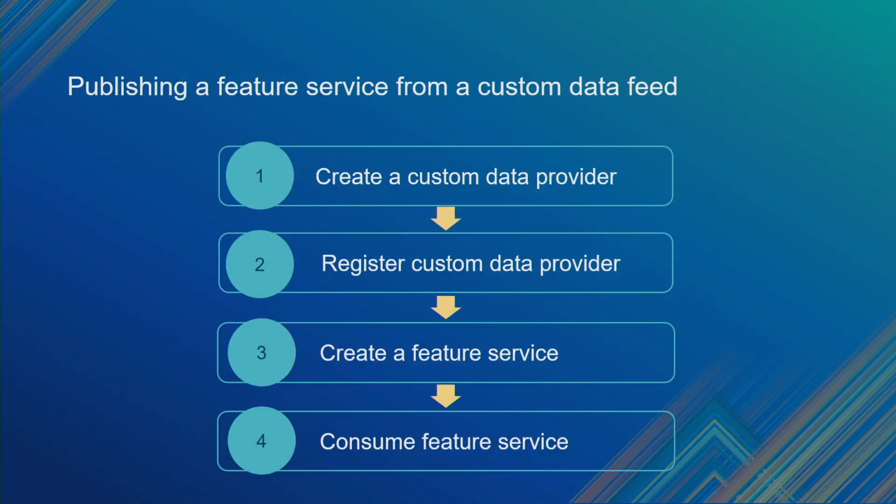And so, talking about that feature service that gets created, what does that process really look like? Well, the first step is we need to have a custom data provider. That is writing custom code to fetch and format data from this source. This is typically done, again, in JavaScript and in tandem with the ArcGIS Enterprise SDK. This will allow you to build that .cdpk file. And then the second step is to register, again, that CDPK file through ArcGIS Server Manager. That's going to create this feature service for us